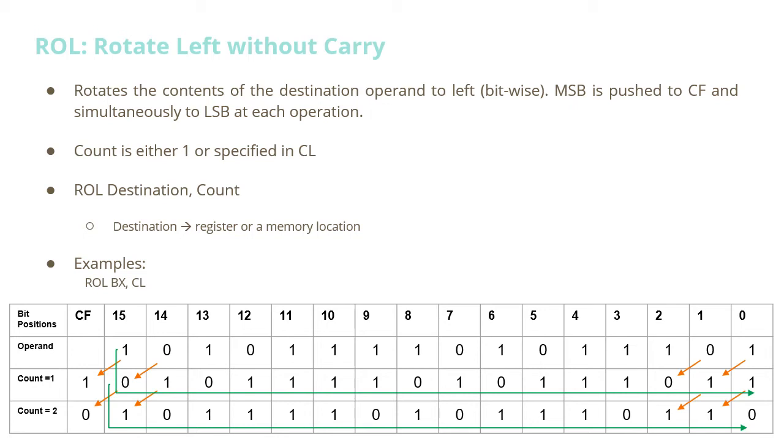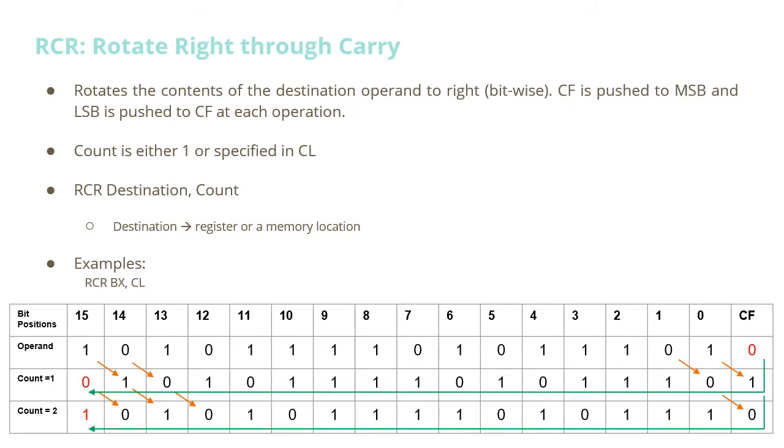Now during each operation, the bit at the position 15, that is here in the first case it is 1, is also getting transferred to the LSB for the next round. So the new LSB will be the MSB of the previous round. Similarly, it happens during the next round also. So in the second round, what happens is that the MSB that was 0 will get transferred to the LSB. So the new LSB will be 0 in this case.